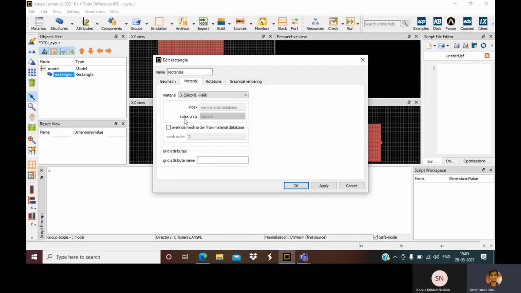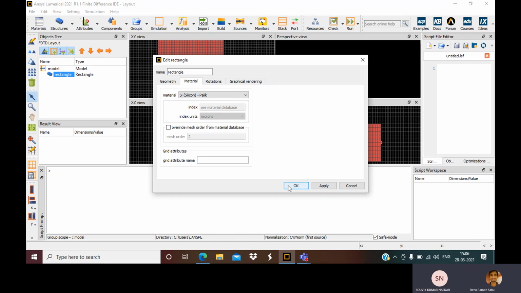The other option is here, the material. Here you can give an index if you have a substance with constant refractive index. For example, for PDMS you will put 1.4 by hand.